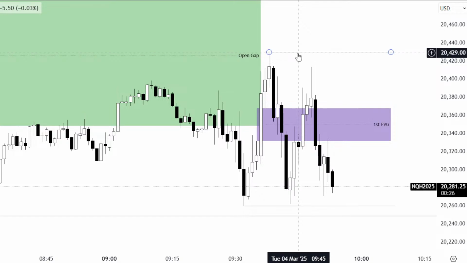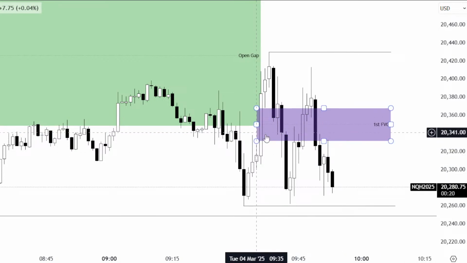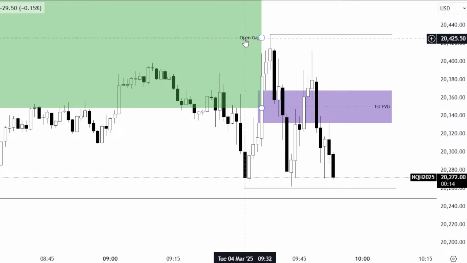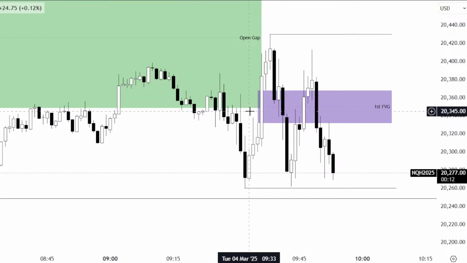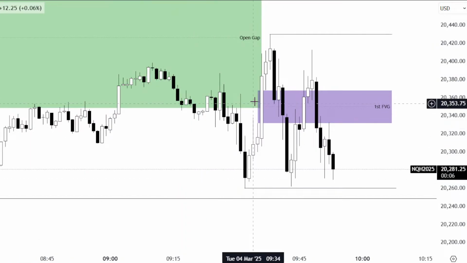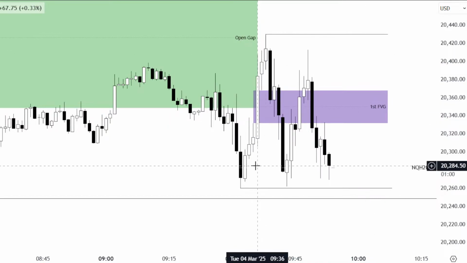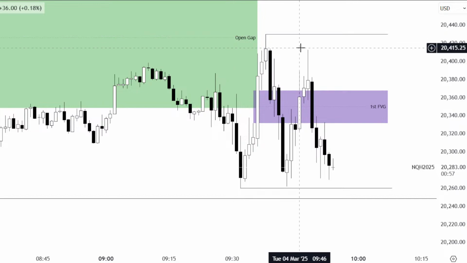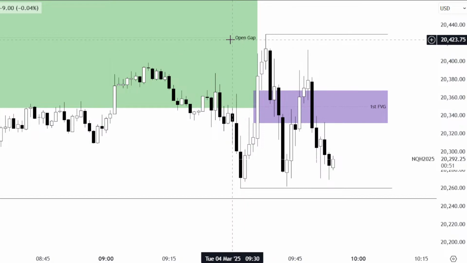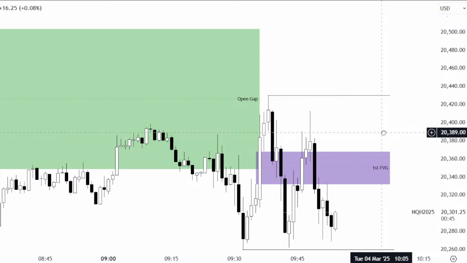Okay, so what I've marked, and see how this goes to that 50% of that gap and then comes down and then consolidates outside of that. That's pretty normal for Nasdaq to do. And I know there's a 70 to 80% chance that price would go back and fill that 50% at least. That doesn't mean that every time the market opens you just take a trade to there. It doesn't always work like that. But if we had run these lows, I would have definitely taken a long to there at least. And if it aggressively moves through that, then maybe hold it for the full gap.